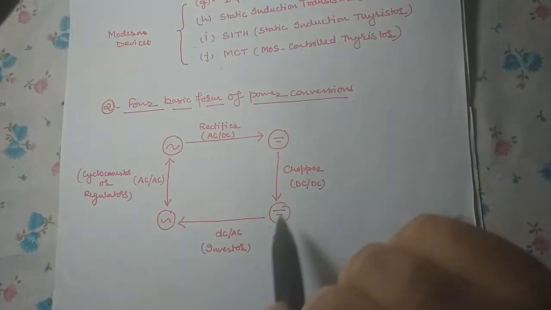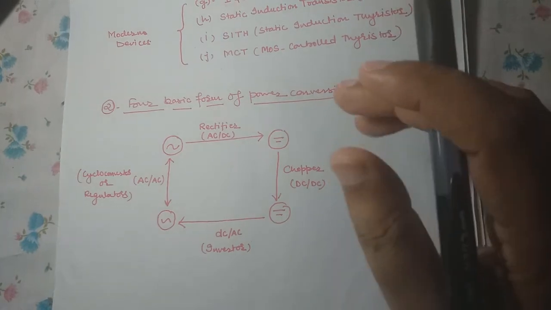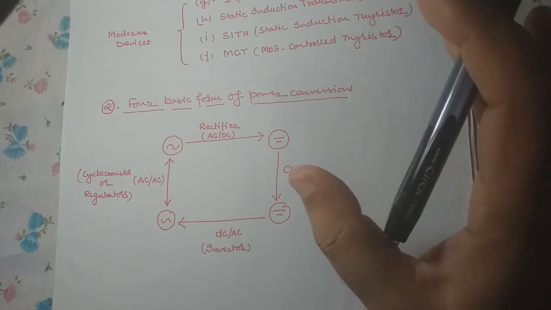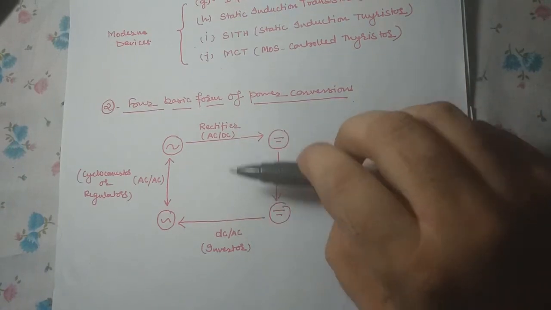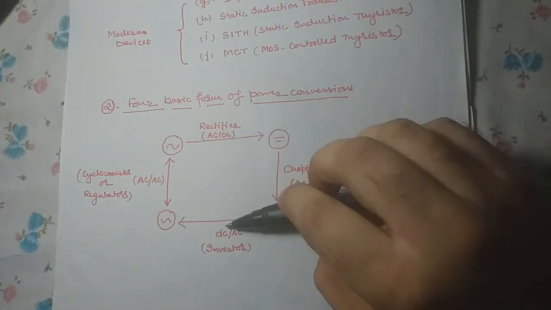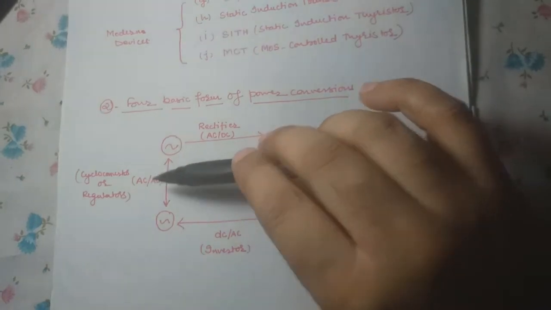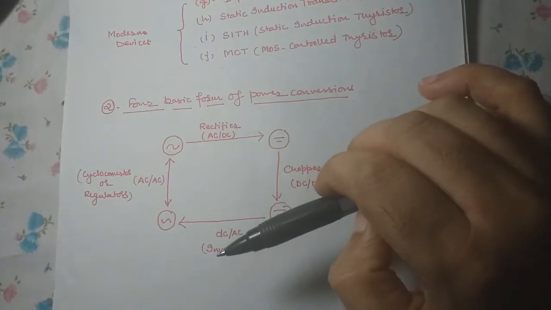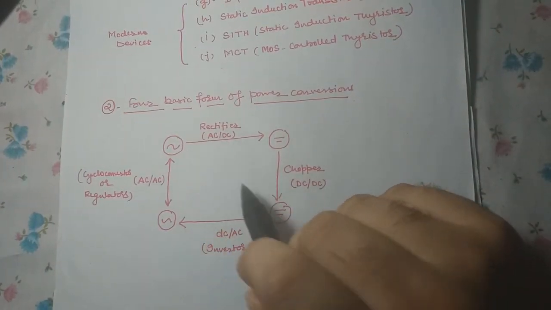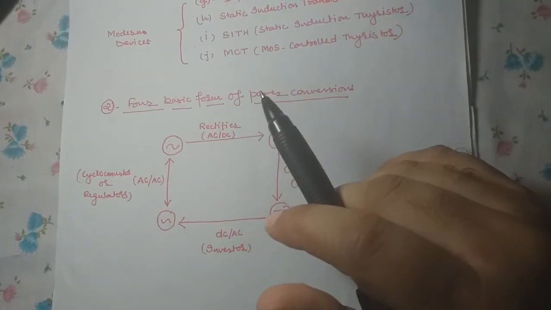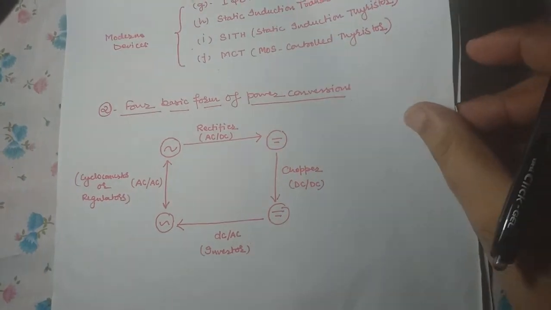So here is a review of various converters. We will mainly deal with two converters here. One will be the rectifier and another will be the inverter. So HVDC is mainly dealing with these two converters. We will deal with these two, but comparatively less, because we have to study HVDC transmission, and if we are studying HVDC transmission, then we have to deal with AC to DC and DC to AC conversion in our transmission links. So these are the various conversion systems.